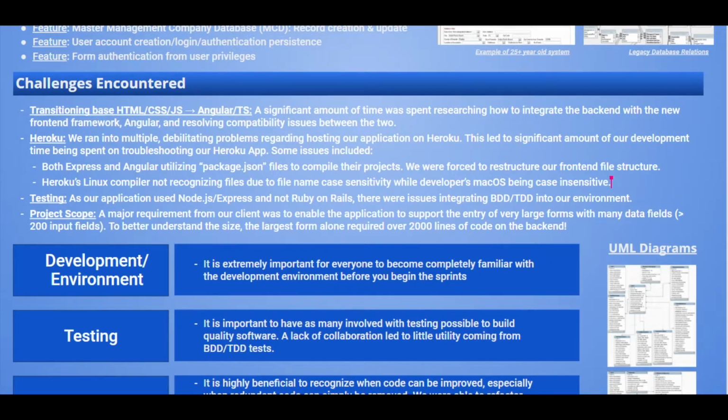So some of those issues were that Express and Angular both utilize something called a package.json file, which is used to compile and run the server itself. And so having two conflicting package.json files in the root directory caused them to conflict with the naming confliction, and basically we weren't able to run them until we extracted the entirety of the front end code base to a